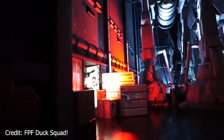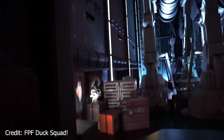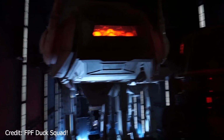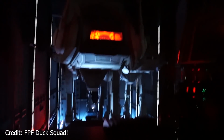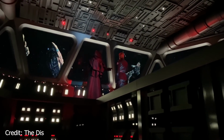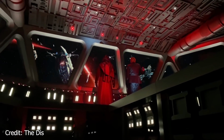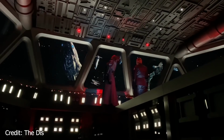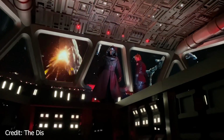help you escape. He tells you to take a lift down to a lower floor, but your lift rises a story instead, putting you at the same level as the AT-AT's guns. One of the vehicles is almost hit, but you narrowly make your way out onto the bridge. Above you is Kylo Ren and General Hux, discussing the rebel spies they just captured. That's you. A fleet of Resistance ships arrives in front of the destroyer, and Ren turns to notice your transports